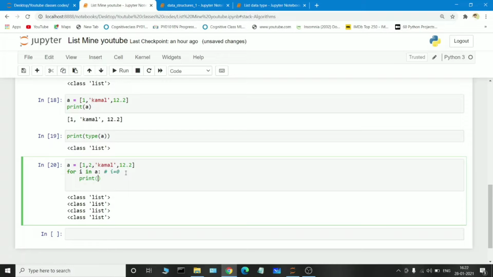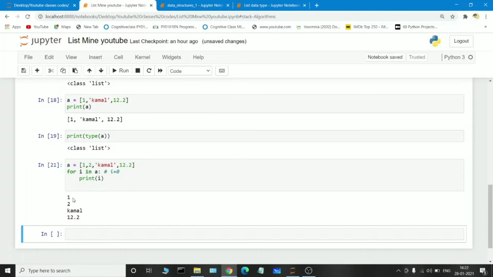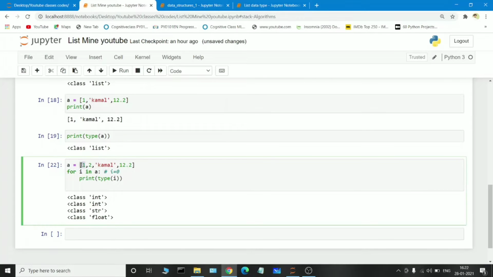I just want to print the value i. Okay, see, 1 2 3 4, it is printing successfully. And if I pass type of i instead, which means i is going inside, see, at the first iteration 1 is collected in i because i is holding the index position 0.